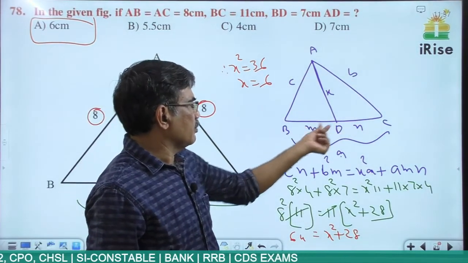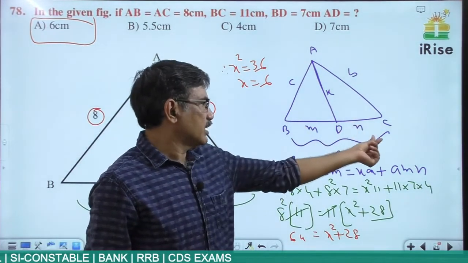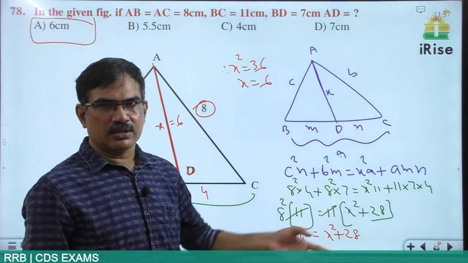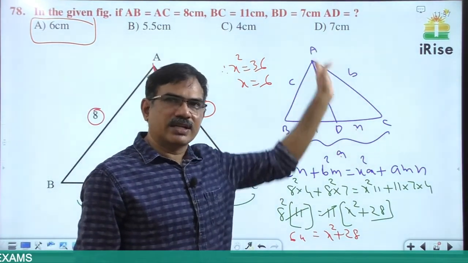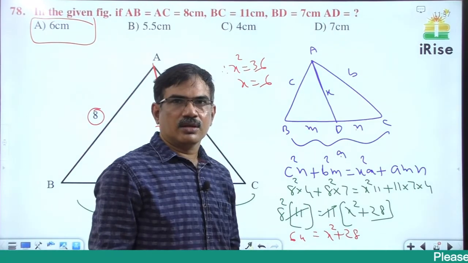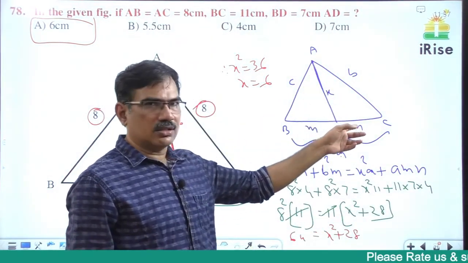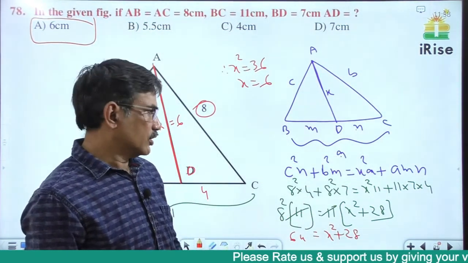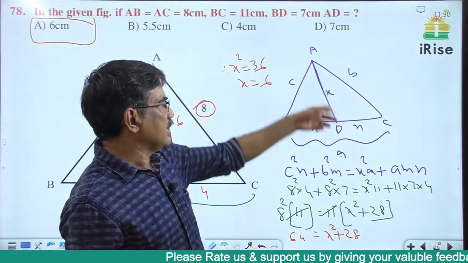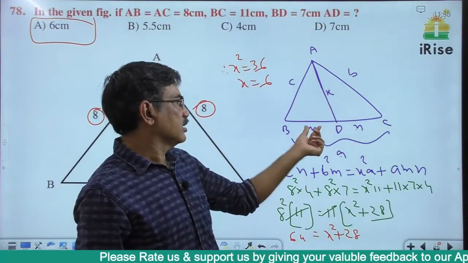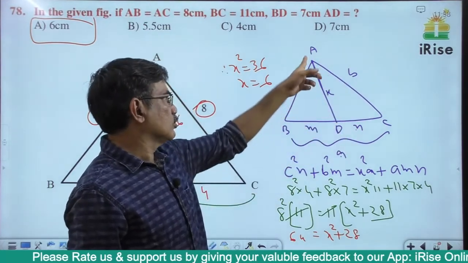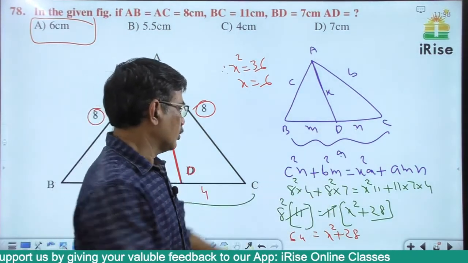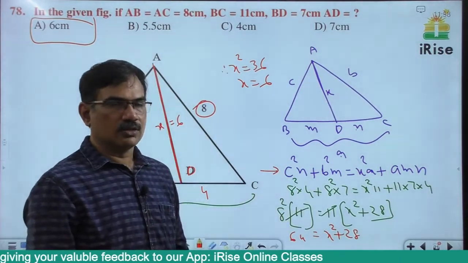If it is a median, m is to n is the same, 1 is to 1. For example, if this a is given, this is a by 2, this is a by 2, then we can get the length of the median. This formula is applicable for finding the median and the angular bisector also. Actually median is not necessary, because Apollonius theorem is there to find the length of the median. So this is applicable for any line dividing the opposite side into two parts m and n, then we can get the length of that line using this formula. Okay, next question.